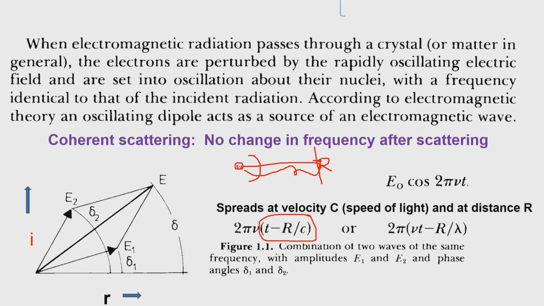Let me make it clear again. If we are measuring at a time t with respect to the position r, we are actually looking at the wave which originated t minus r by c, where c is the velocity of light, and r is the distance it has travelled. So light has already travelled that distance, and this is what is known as the phase, the path difference. This introduces a difference in path, which can be expressed in terms of wavelength as well, because c is equal to